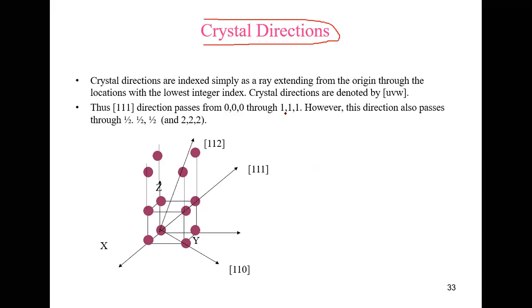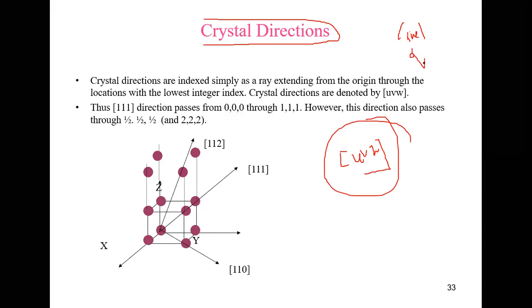What is that? Crystal directions are denoted by square brackets. So please note carefully, you will have three numbers in square brackets, and that gives you the crystal direction. If I remind you, round brackets with three numbers h, k, l without any comma is a single plane. Curly brackets with hkl is a group of planes, a family of planes. And then square brackets represent the crystal direction.